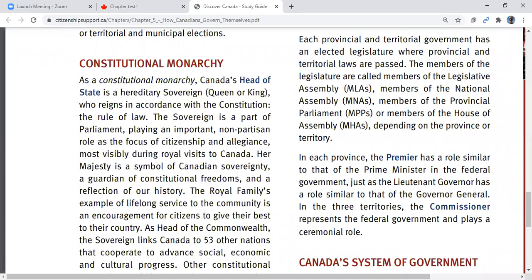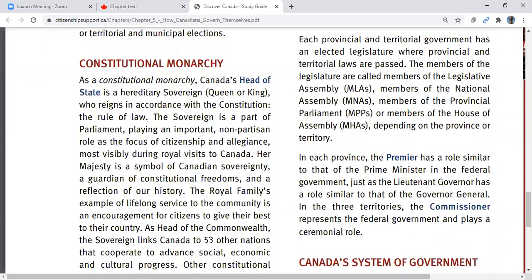So do you remember way back when we started this, way back when we said Canada is the Queen and the Queen is Canada. So that's how you have to kind of think of this too. We have a constitutional monarchy. We have a queen. She doesn't do anything for Canada, but she is a symbol. And that symbol is very important for our government because it helps us organize our government.